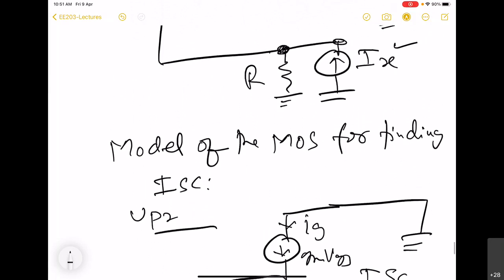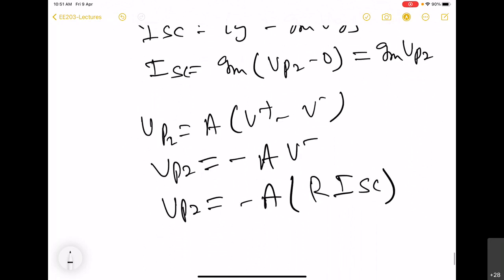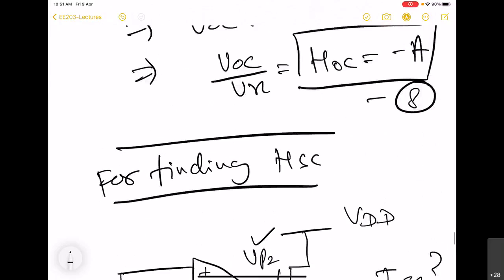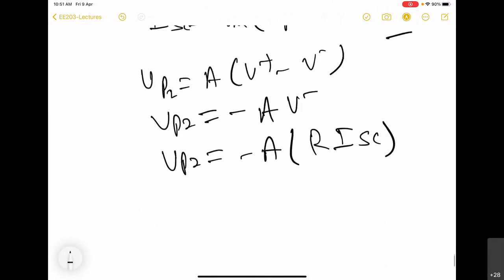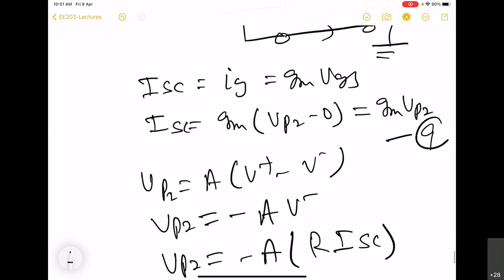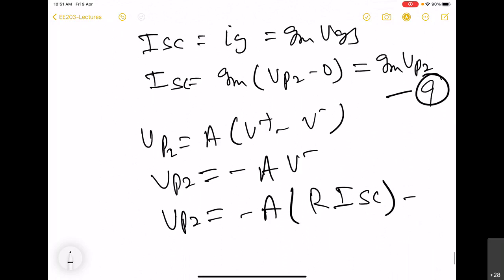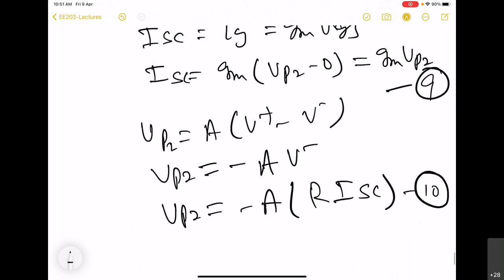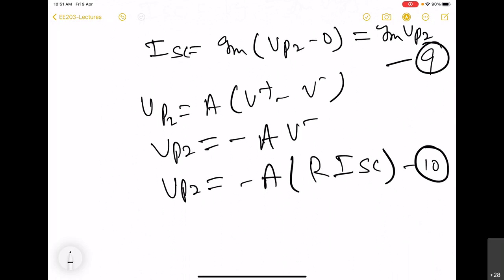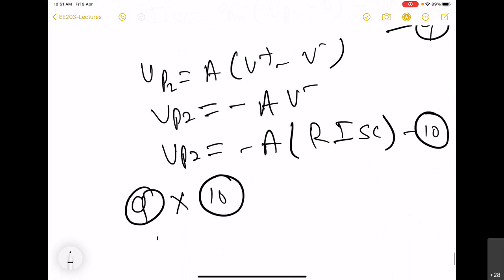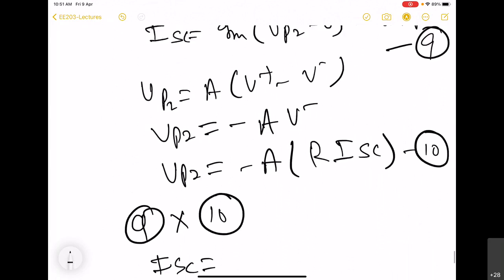So here we have the equation 9, and this is equation 10. So we multiply equation 9 with equation 10. So we get ISC as equal to GM into minus A R,